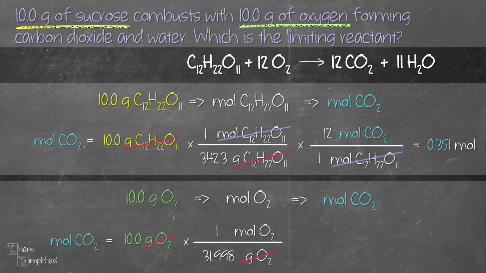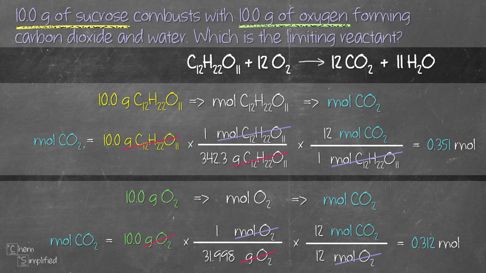And then we multiply, draw a line across. Now we want to get rid of mole of O2, so we place that at the bottom so that it cancels out. And then we place what we want on top, which is mole of CO2. Now to get the mole ratio, we just refer to the balance equation. So we have 12 in front of CO2, and we also have 12 in front of O2. So we're going to put 12 in front of those two values, and that gives us 0.312 mole. That's the amount of CO2 that is produced from 10 grams of O2.